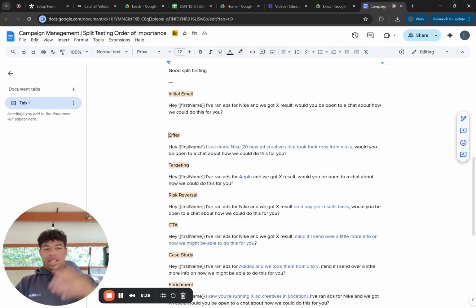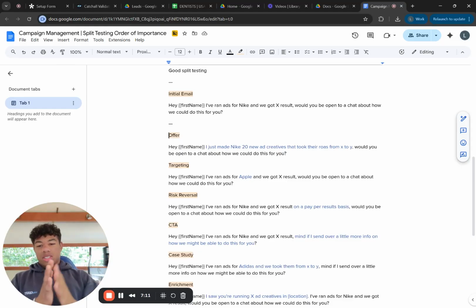If I just show you two campaign screenshots, one has 20 interested leads from, say, 1,000 sent, one has 10 interested leads from 1,000 sent. You'll assume that the 20 interested leads was twice as good, but it may be half as good, because the 10 interested leads were way more high intent. You booked more calls, closed more deals, and made more revenue, right? So when you're iterating and split testing, keep the end goal in mind. That's probably going to be revenue, business growth.